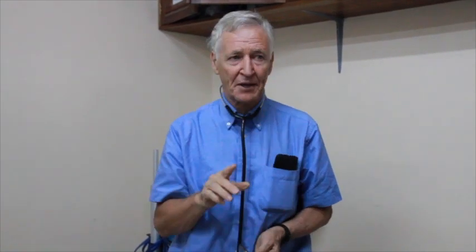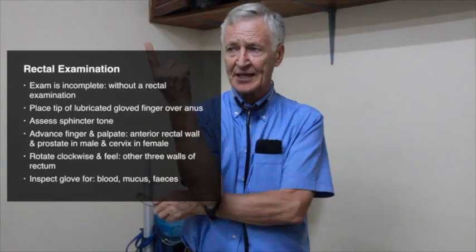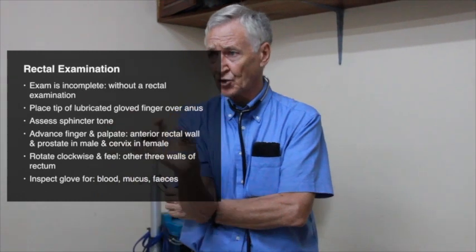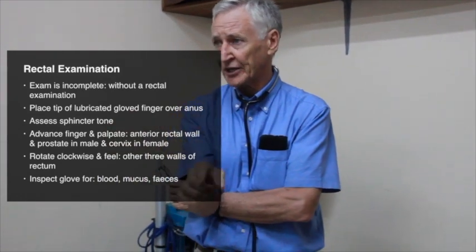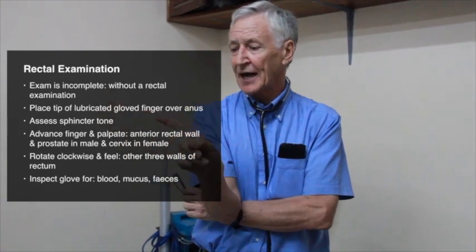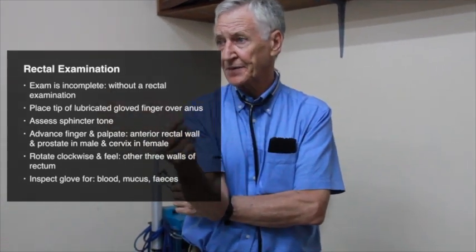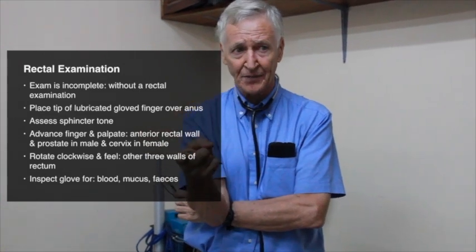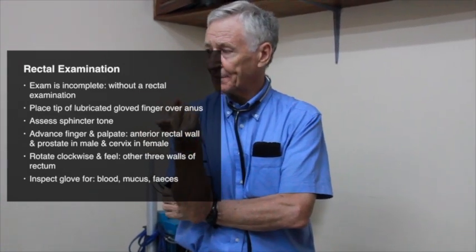Now the teaching is if you don't put your finger in it, you put your foot in it. In other words, you make a mistake. And this happens so often. More mistakes are made by not looking than by not knowing. So please remember, you must do a rectal examination. It's ever so simple. You take a glove finger, you put a bit of Vaseline on it, you look at the perianal area before you put your finger in, you place the tip of your finger, what we call the pulp, against the anus, and then gently press it. The anus will release, you put your finger in, and then you palpate the anterior wall.